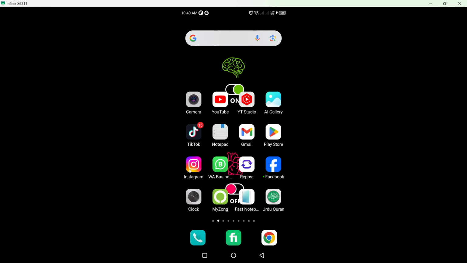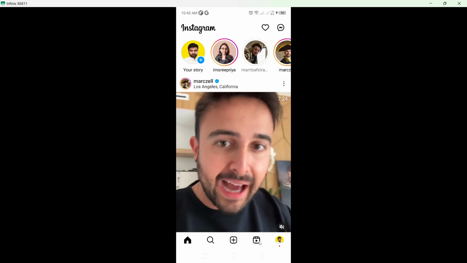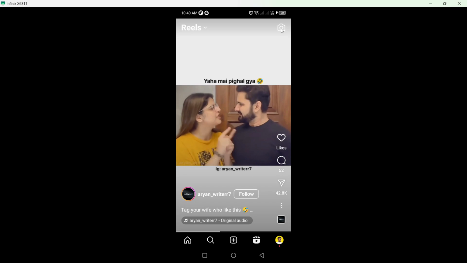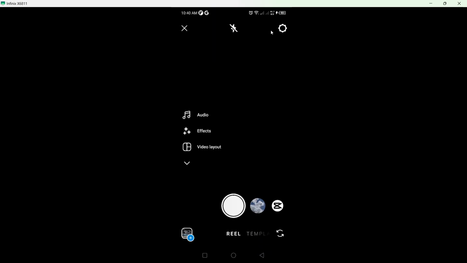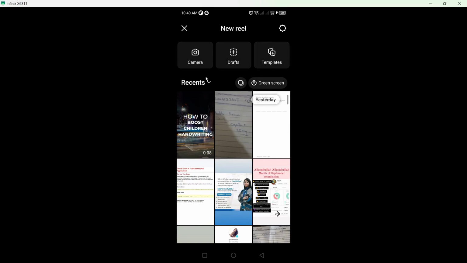So the first step you simply need to do is to open the Instagram application and click on this reel section and click on this icon on the top right. And now you have the option to create your own reel with pictures. So here you can see the plus icon, you simply need to click on that and you can select photos from your gallery. So I'm going to select this one